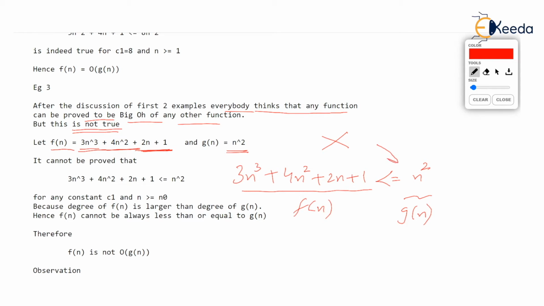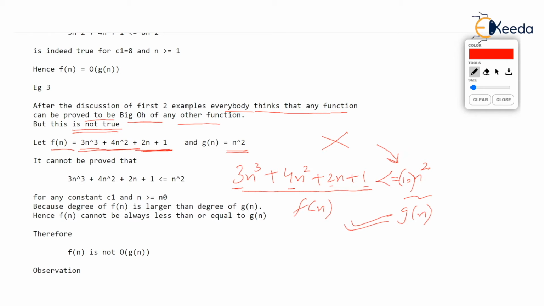Okay, I don't mind. So which constant should I take? Let's take the addition of the terms, 3 plus 4, 7 plus 3, 10. So I'll take the constant as 10. All right. Now if you put n as 1 on the left hand side and n as 1 on the right hand side, you will see this is true. For n equal to 2, this is true. For n equal to 3, this is true. Okay, I agree. This is true for many values of n. But is this true for all values of n?